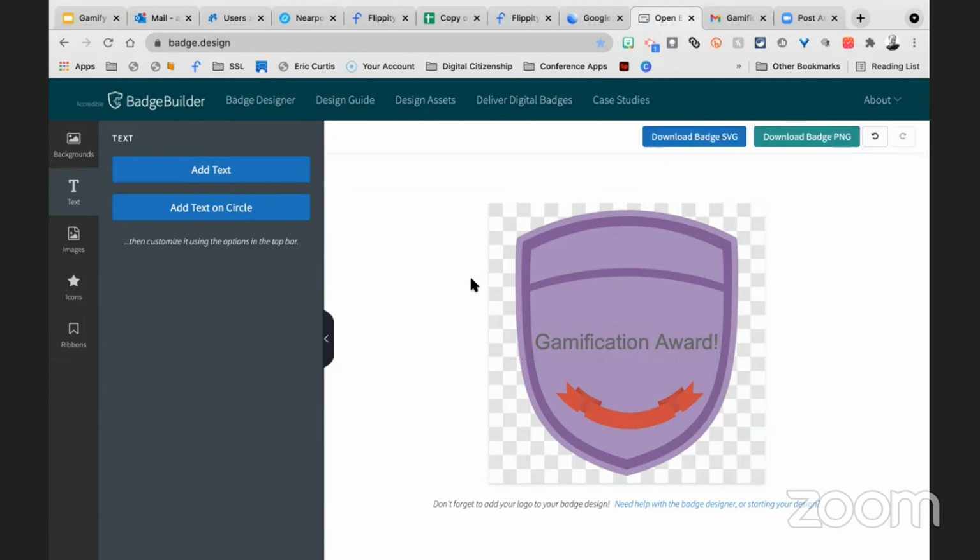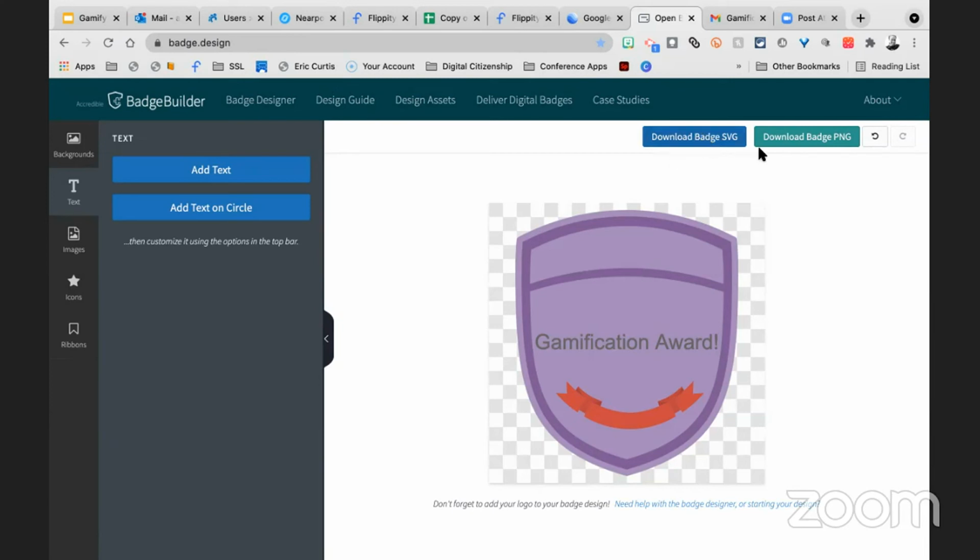You can create a badge. You can email it to your student. You can send it through Dojo. You can send it through Google Classroom. You can send it to your student. You can send it to their parent if you want to show them. But if you have something like this, your students can start creating a folder that has all of their badges in it. I mean, just think about how that would pump you up, knowing you have all of these badges that you've earned throughout the school year. That would pump me up.